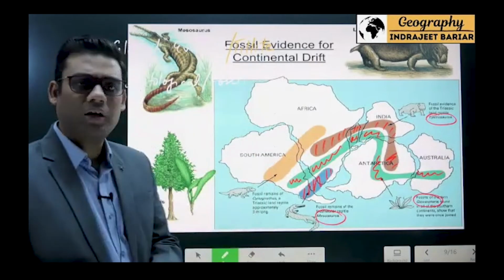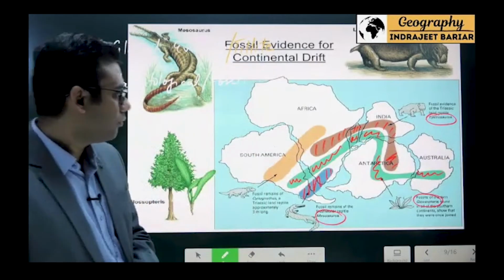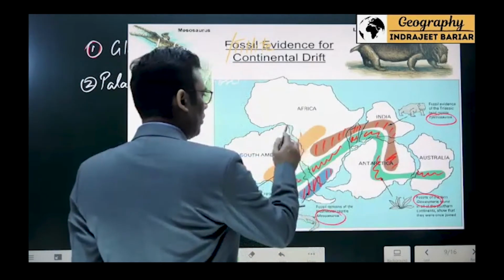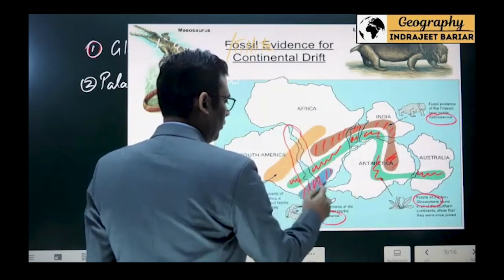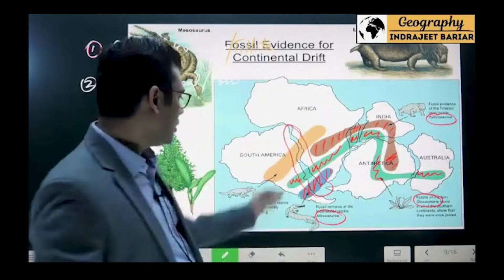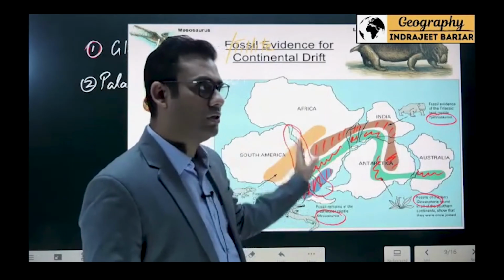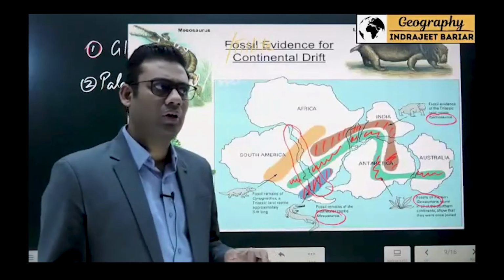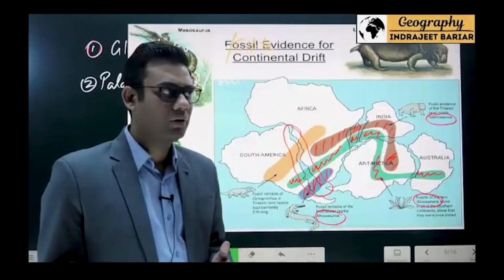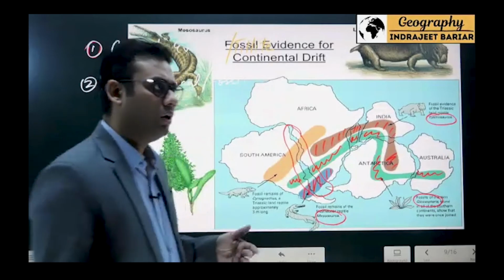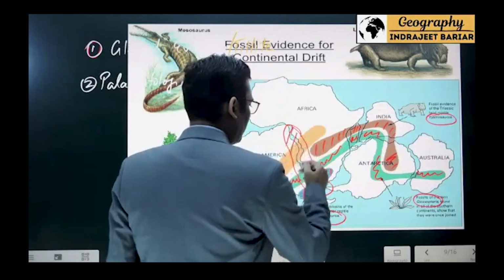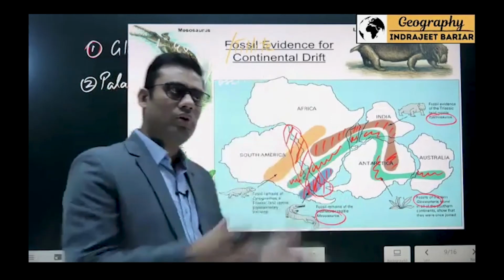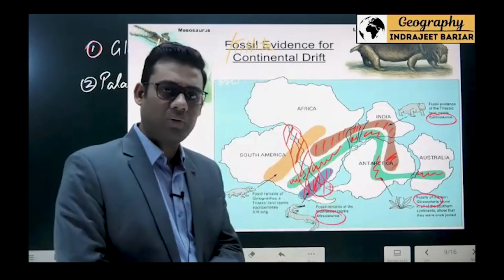Then we have some basic evidences. Basic evidences include the similarities in the types of rocks which were found over here, which means across Atlantic Ocean. In this case, eastern coast of South America, western coast of Africa. यहाँ के rocks जब study किए गए तो what they found कि the rocks have similarities. The rocks have same age. And no wonder ये पूरा एक single belt था. तो यहाँ rocks were of same age. After that, separated out.